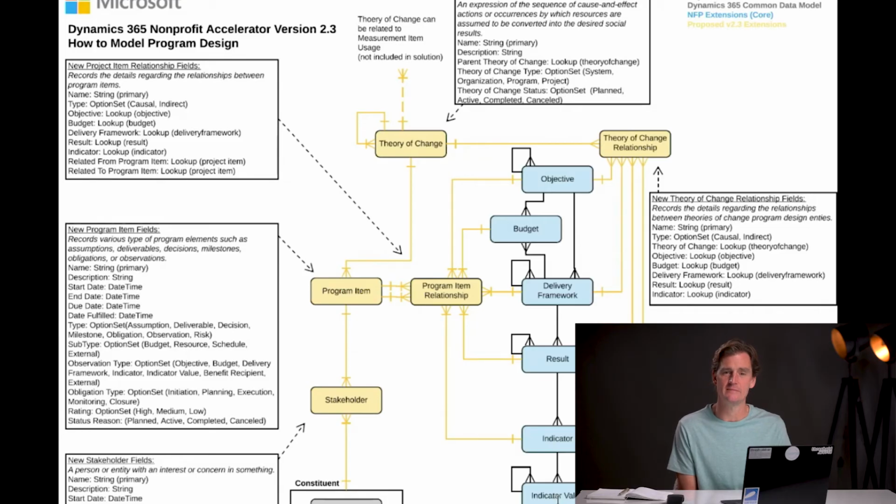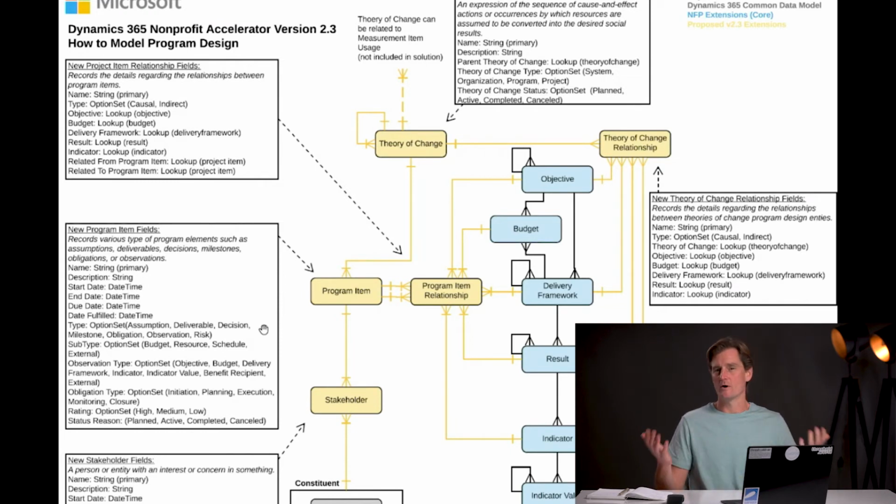And with this release, what came was these new yellow entities that really take this, in my view, to kind of next level. You'll see this program item entity on the left-hand side. And I want to draw your attention to one of the specific fields on that, which is the type. In the research that led to this through the contributing stakeholder group, it became pretty clear that it's great that you could have this results framework to actually track the results and see that activity as the anchor point where the work is getting done.